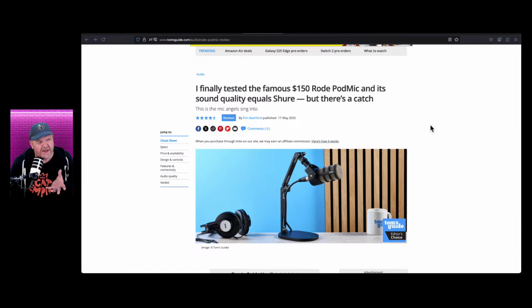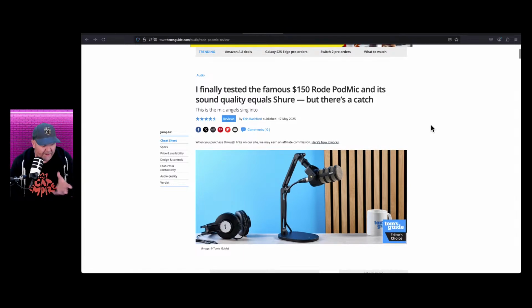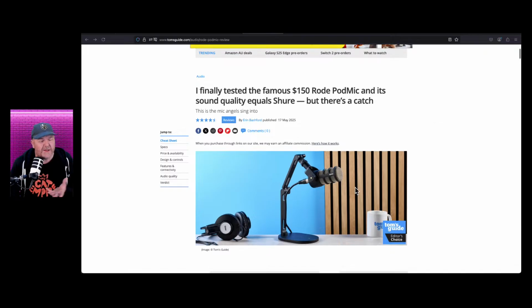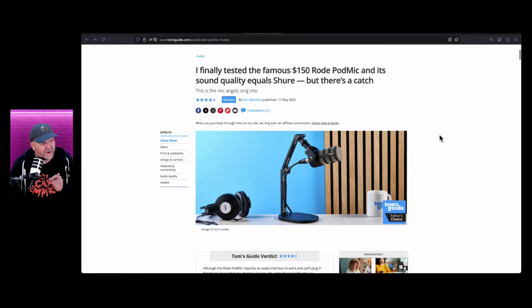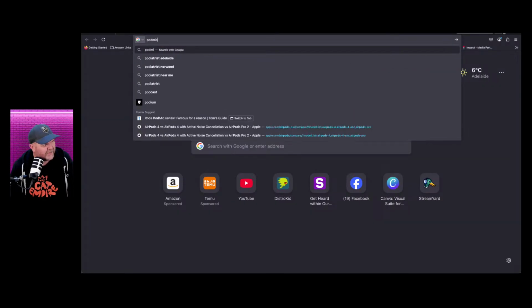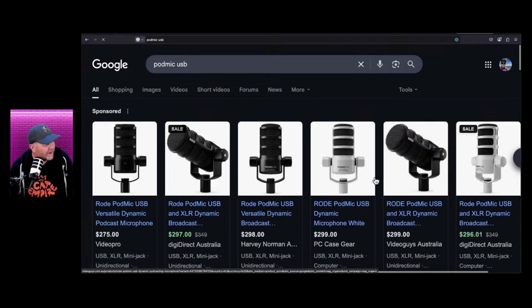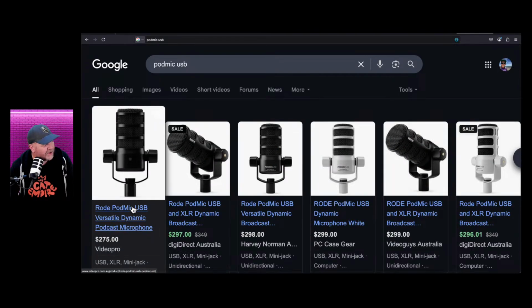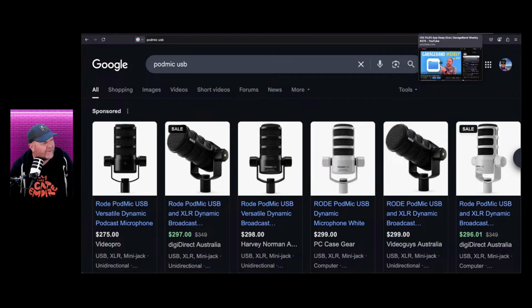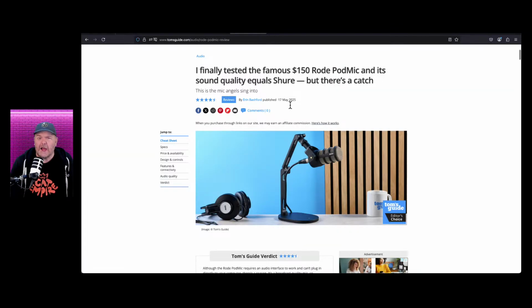So the Shure SM7B, I think it's called, something like that. It's very similar, but it does have USB functionality. And I think the one thing that Rode with its PodMic, in fact, is there a PodMic USB? Maybe there is. Maybe I'm not aware of it. Rode PodMic USB? Yes, there is, but it's just a lot more expensive. Okay, PodMic, USB and XLR. Okay, so they've solved this problem. Forget I said anything. But yeah, the regular version, the $150 version that we all buy, is only XLR.